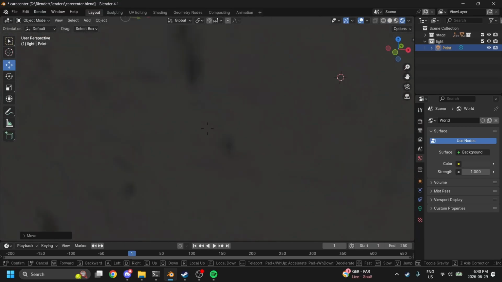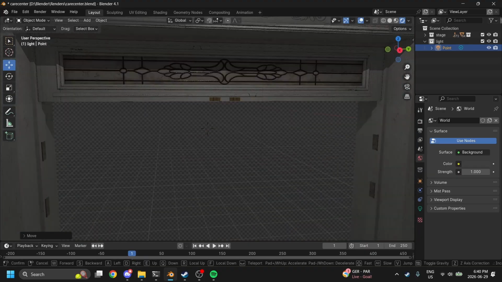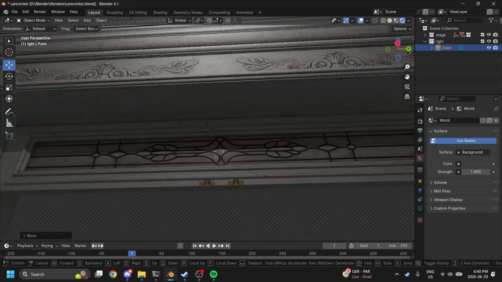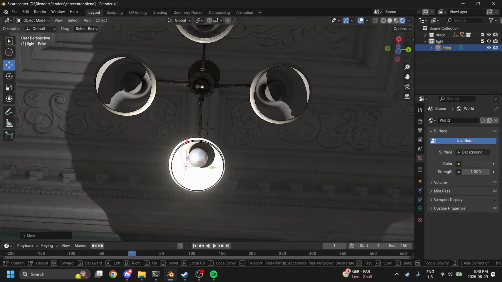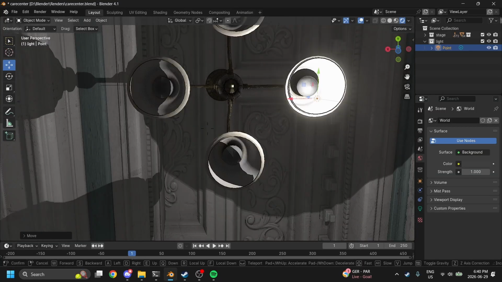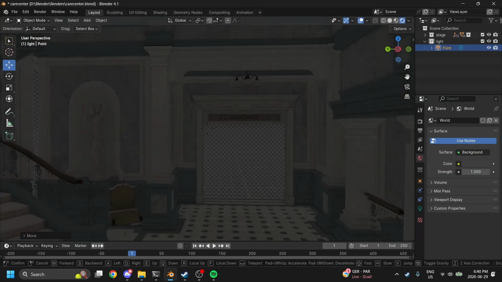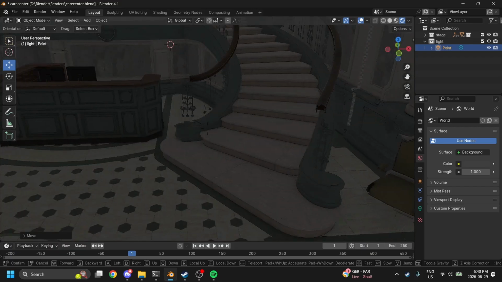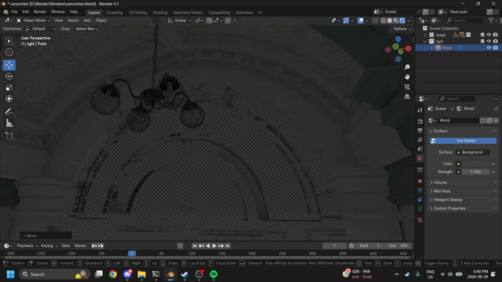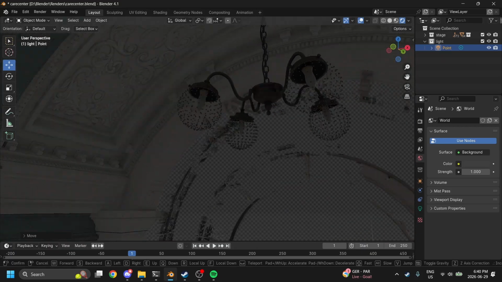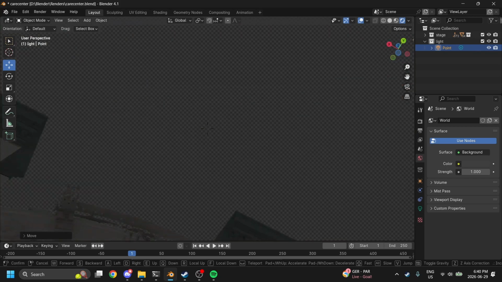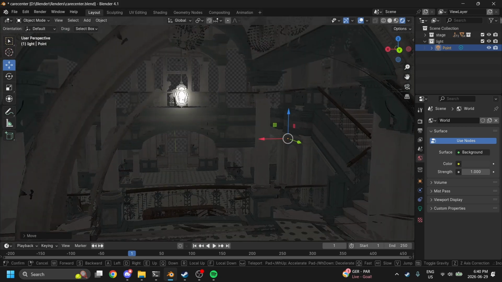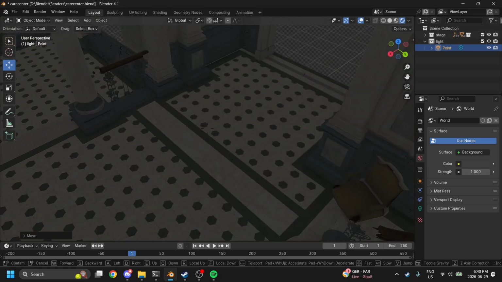So, anyways, literally, there's two ways to do this. One, literally just use your eyes. There are actual physical lights in the scene. So I don't know, man. Use your eyes and put your lights where the lights are. But you don't have to do that. Now, I don't get why you wouldn't, but